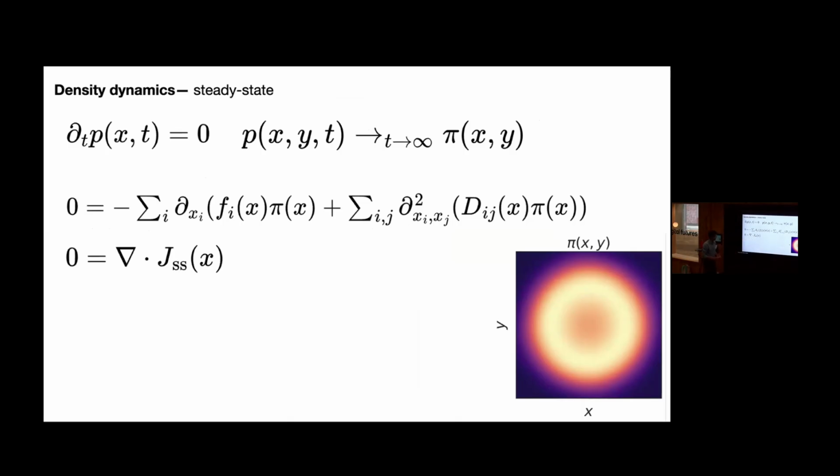Okay. And so then we have this steady state flux, which no longer depends on time as well, is divergence free. And this is what separates equilibrium from non-equilibrium systems. So this as a condition is weaker than saying that this is 0 everywhere. So if this is 0 everywhere, then its divergence is definitely 0. But it can be non-zero everywhere and have divergence 0. And this is what separates equilibrium steady states from non-equilibrium steady states. So when this is 0 everywhere, you're in equilibrium. And when this is non-zero anywhere, then you're out of equilibrium.